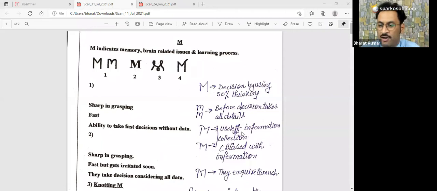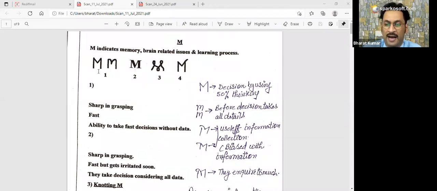Okay, so in the handwritten one, a few mistakes are there, and these are intentional mistakes, because we have to study a few important facts: what can be the effect of the different types of M, because of which we are supposed to make mistakes. So wait. Number one, the first kind of M is a kind of regular M or most suggested M. It is most suggested, but not the best M. Nothing is best in the case of M, but we have to look for the best one.